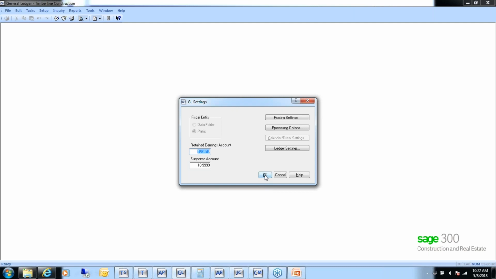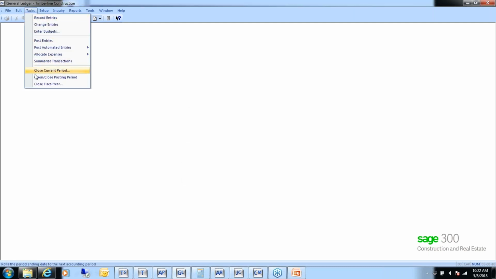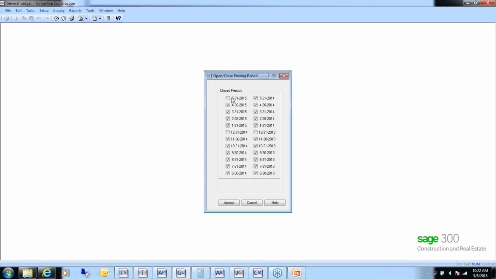So what will happen then is if I were to go in and take a look at open close posting period, actually that should be closed, it will have put check marks. When this rolls down and brings in June, this period here will have a check mark on it, which will, if I've got my GL settings set to not allow entries to a closed period, then I won't be able to make entries. So you guys should check that and make sure that you've got all your prior periods marked